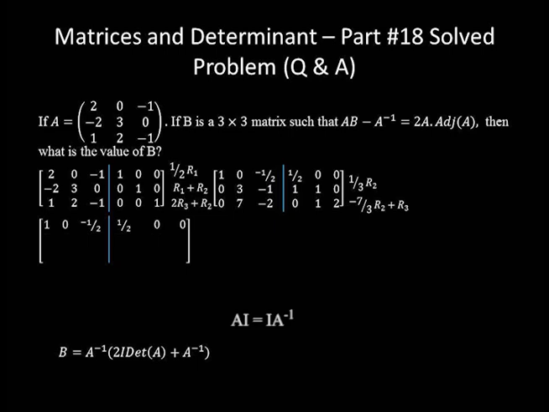Multiplying row 2 elements by 1 over 3 gives us 0, 1, negative 1 over 3, 1 over 3, 1 over 3, and 0. When we move to row 3, negative 7 over 3 times 0 equal to 0, 0 plus 0 equal to 0, negative 7 over 3 times 3 equal to negative 7, negative 7 plus 7 equal to 0, negative 7 over 3 times negative 1 equal to 7 over 3, 7 over 3 plus negative 2